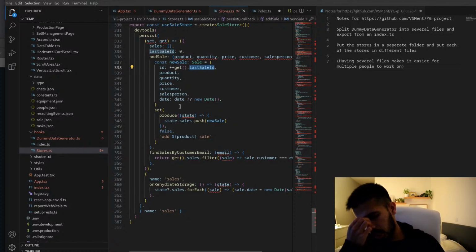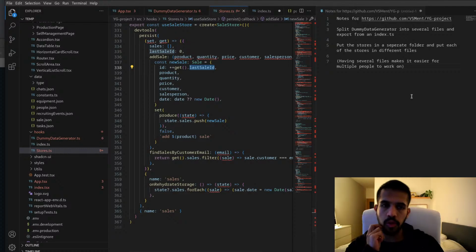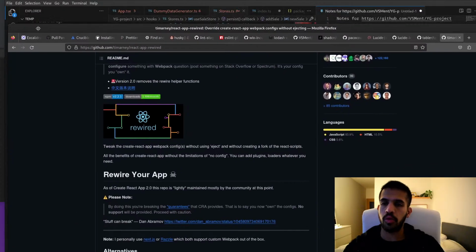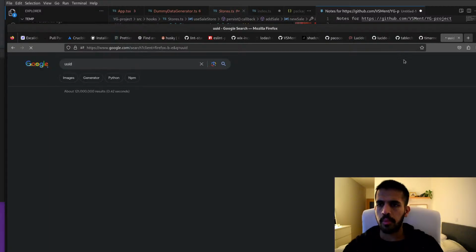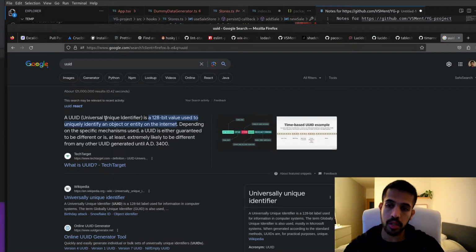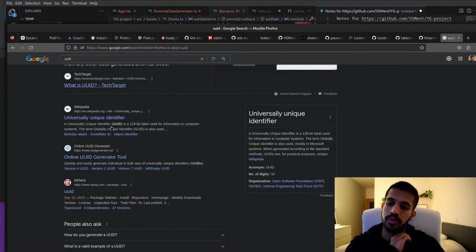Numeric IDs, or rather sequential IDs, are generally discouraged. I'm struggling to remember the reason why, because usually I would go with a UUID. A UUID is a universally unique identifier.